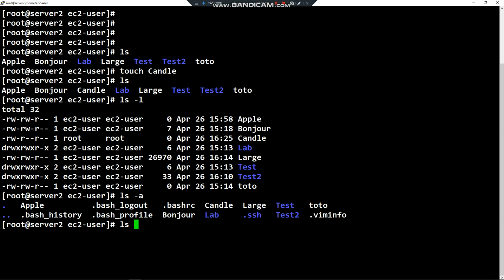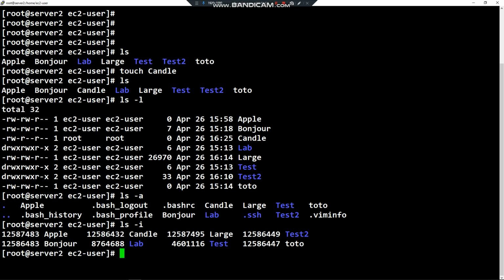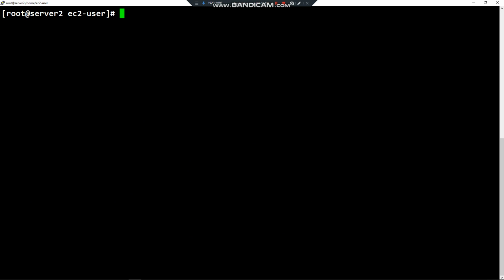Another option is ls -i. And -i is used to check and list the inode information. So here we can see that the unique inode number of the apple file is 12587483, and it's unique. To clear my screen,